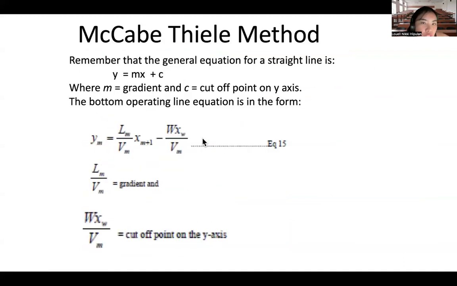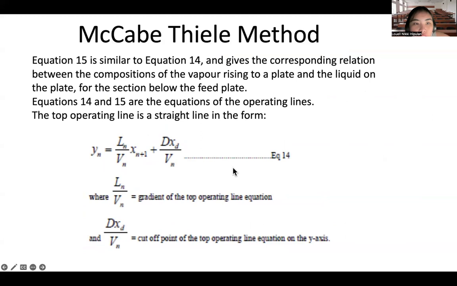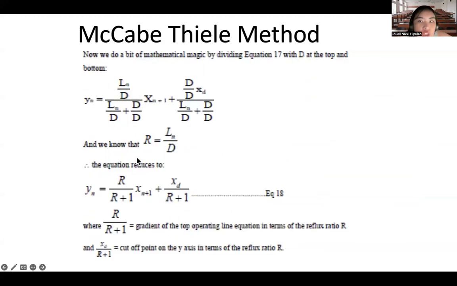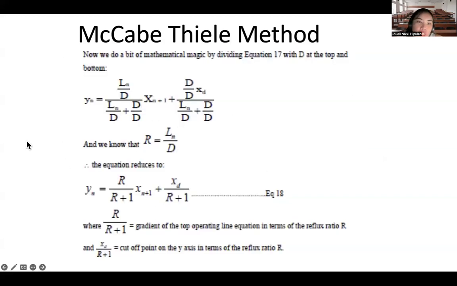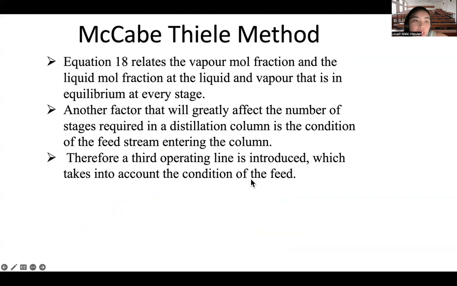So, from this equation, this is your equation 14, you incorporated the reflux ratio, which is this, equation 18. So, R divided by R plus 1 is the gradient of the top operating line in terms of the reflux ratio now. And then your second term, xd divided by R plus 1, is the cut-off point on your y-axis in terms of the reflux ratio. So equation 18, which is the top operating line in which the reflux ratio is incorporated, relates the vapor mole fraction and the liquid mole fraction of the liquid and vapor that are in equilibrium at